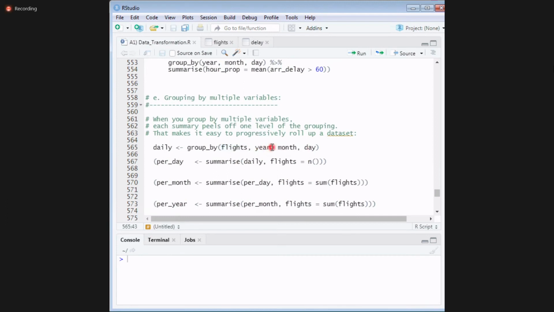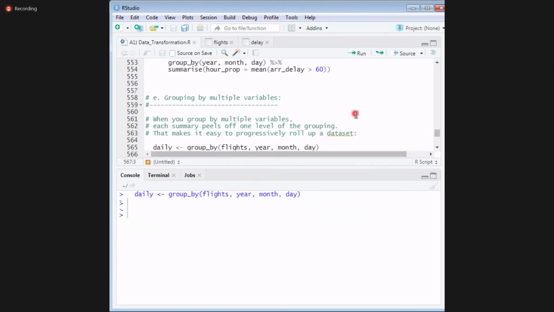If I give only year, it will give year, but if you remember, it is only 2013 data, so summarizing by year will give only one value. So at least going by months is good, but we'll do it slowly. First, I group by day, so I'm combining the data per day.